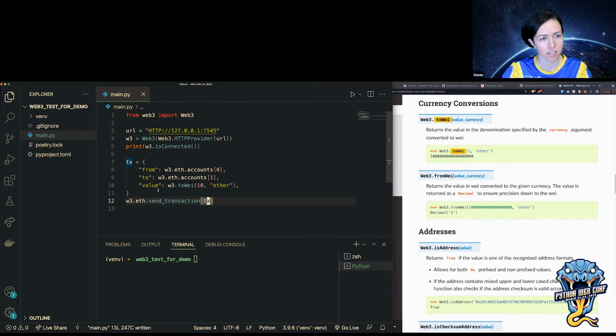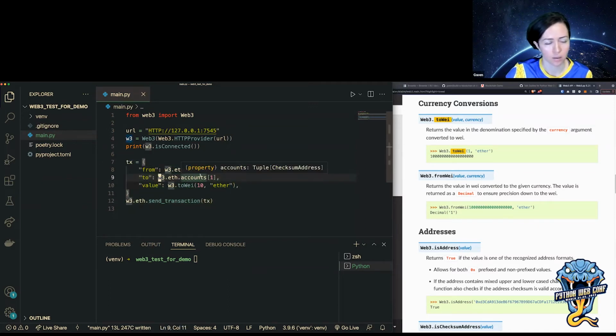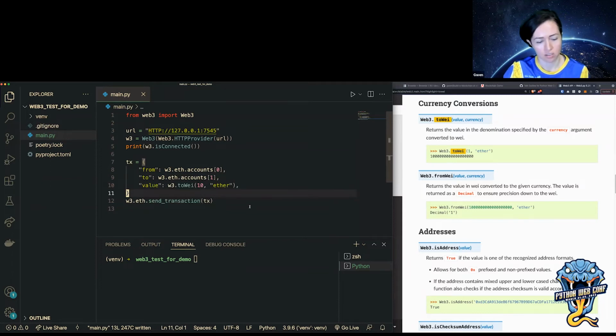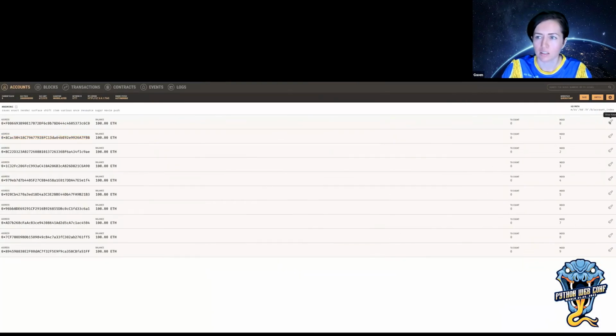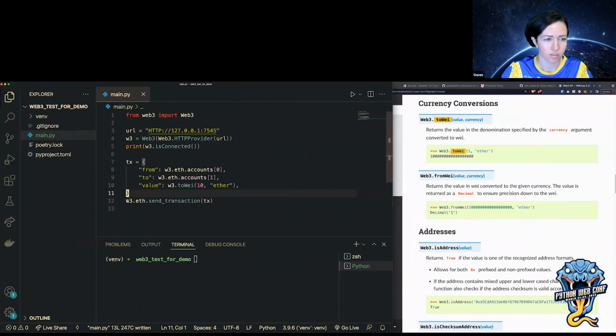And that's basically the API. No matter what blockchain I'm using, I'll use the same method for sending transactions. The only difference is if I was using an actual live blockchain, I would need a private key to sign the transactions. But since I'm doing this locally and my private key is not private, Web3.py isn't making me actually sign the transaction. But let me try running this file again.